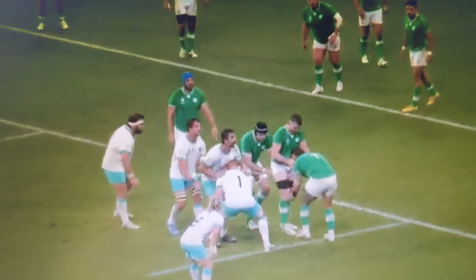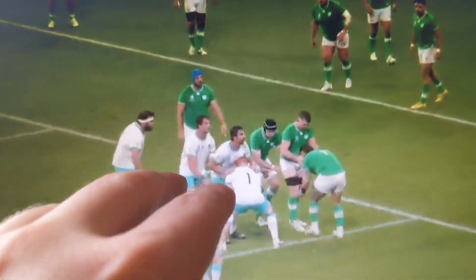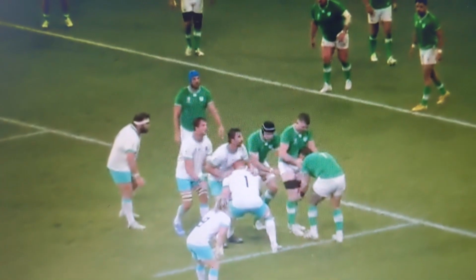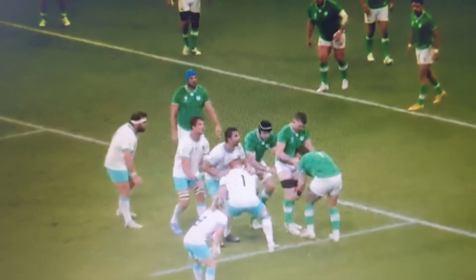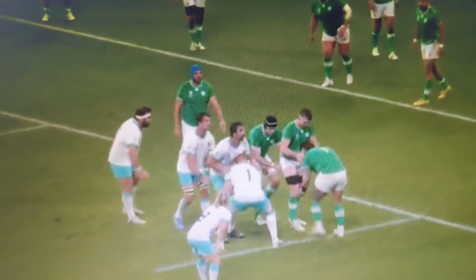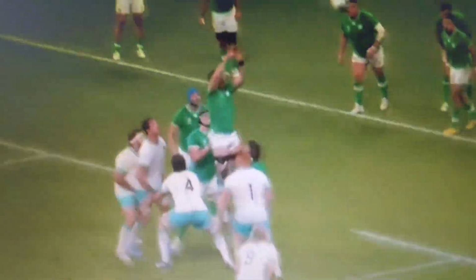Now this time South Africa do try and defend in multiple places. So you can see these 2 second rows here, they're both going to try and be lifters and jumpers. That is a lot to try and think about. Etzebeth's got to think where it's going and then he's got to react to it. But as you can see, Omani takes a little bit of a step back, and it's just too quick